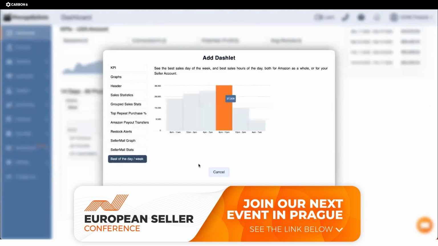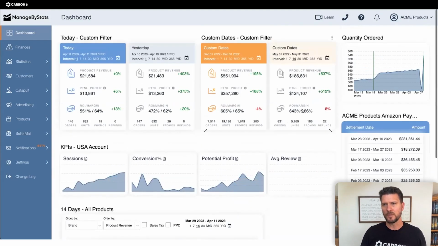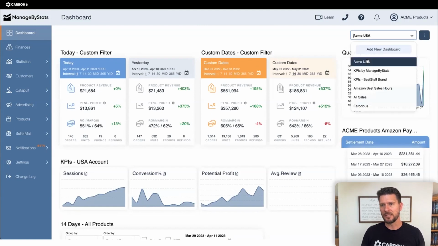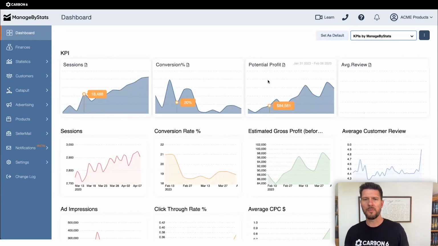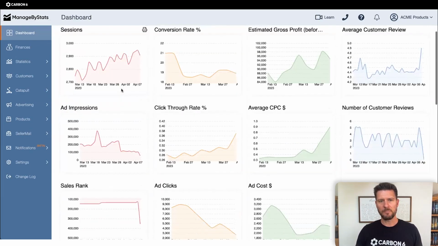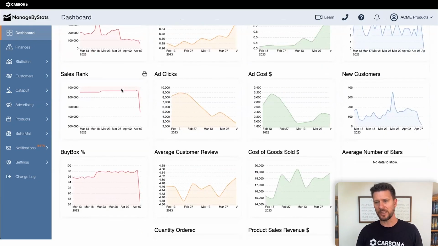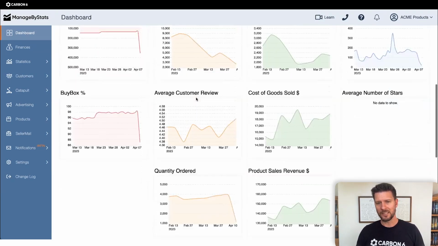So, a very customizable dashboard. One of the things that we built out in here that is super relevant to the management concept is these KPIs. We have a widget here for just the 4 KPIs: sessions, conversions, profit, and reviews. But now you can see these 4 KPIs and all of the metrics that relate to that KPI. So if you have your sessions here, you have all of these metrics that relate to, influence, or directly cause some change in that main KPI. Each one of these has all the metrics that relate to it listed below.